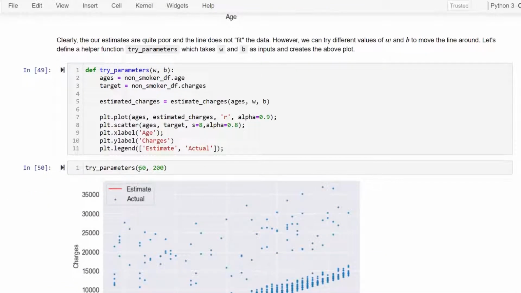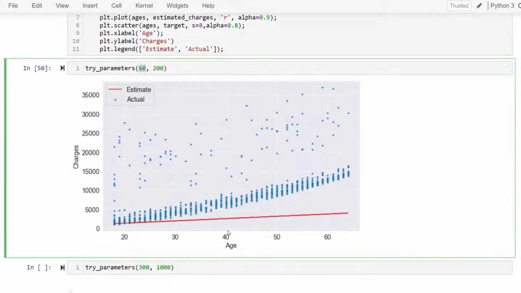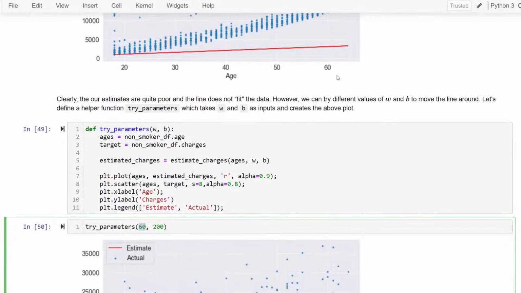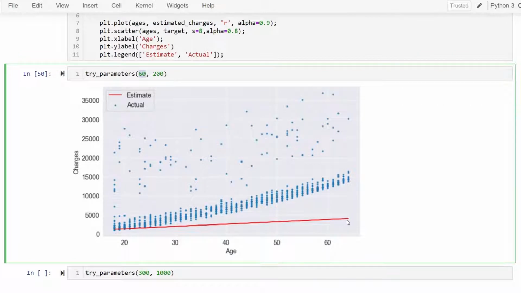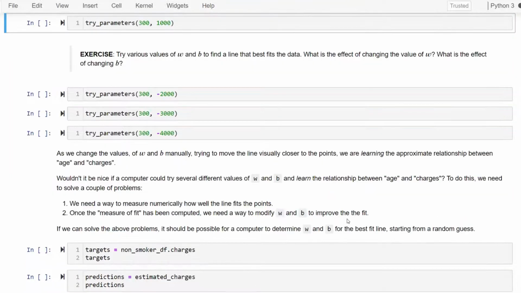And I have tried different models. Previously I had given 50 and 100, and the data was quite lower than 2000 or 5000. Then I changed the values to 60 and 200, and it went up to nearly 4000 or so. And you can change the parameters we are going to give.